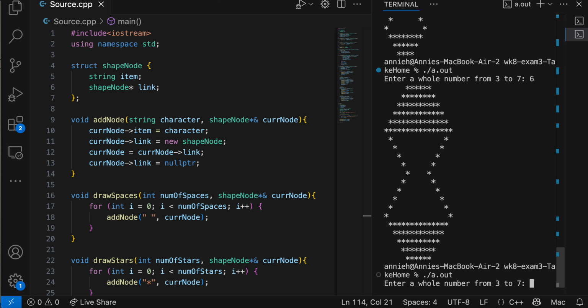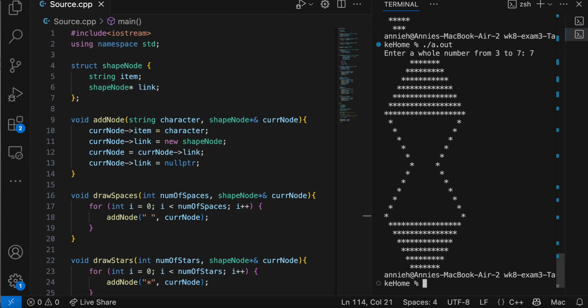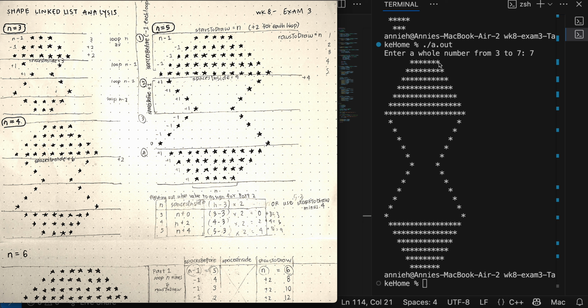Program that takes a number between 3 and 7 and outputs this hourglass shape. It does that by storing each of these characters in a node in a linked list. To figure out how to display this shape, I've done this analysis on different user inputs represented by n,